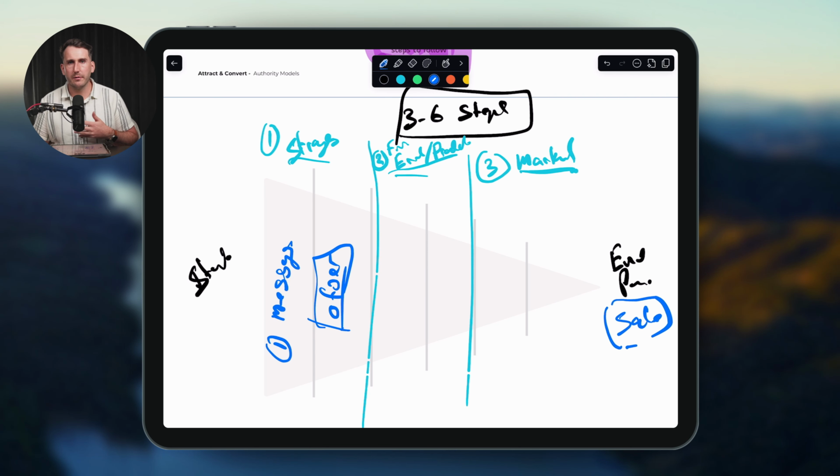Why do they want to build more brand awareness? In this case, it leads to more sales. That's why they want to build a brand. So strategy, first step. Then in the middle here, let's just say it's filming, and then it's editing, and then